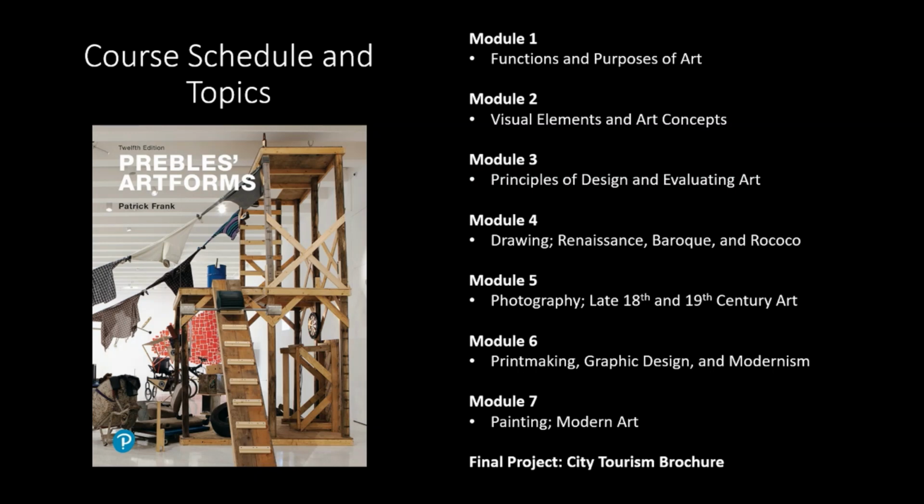In Module 2, you'll be looking at the visual elements and concepts of art. These are the elements of design, such as line, shape, and color. Also, the differences in representational and abstract art. Module 3 will cover the principles of design and evaluating art. This is the content that basically prepares you to write a critical analysis of art, and also about the practice